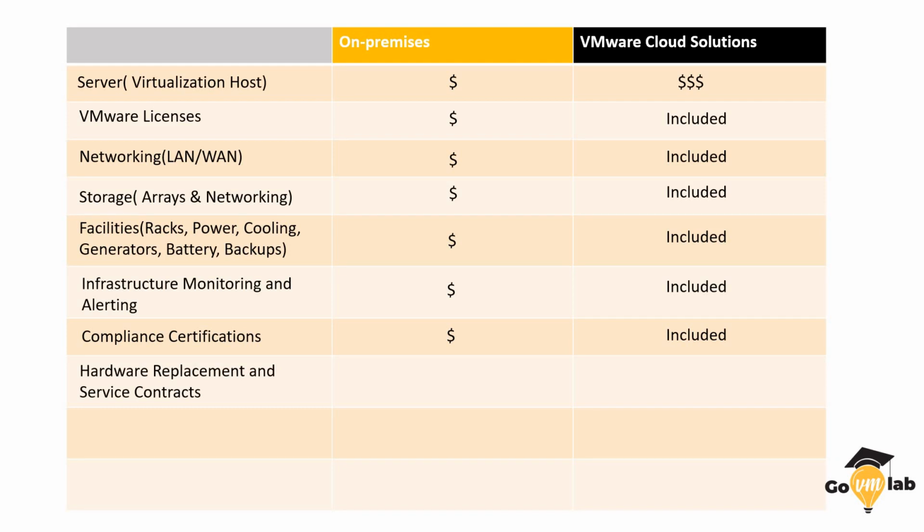Another important factor to look at is hardware replacement and service contract. Now, when we talk about our on-prem data center, we know that no matter what hardware we are using, the lifespan of that particular hardware would be around 3 years. Now, every 3 years, we need to replace our hardware. We need to renew our service contracts, and we need to involve our vendors and partners in refreshing the entire hardware. And we know that it takes a significant effort, not only in terms of money, but it also takes